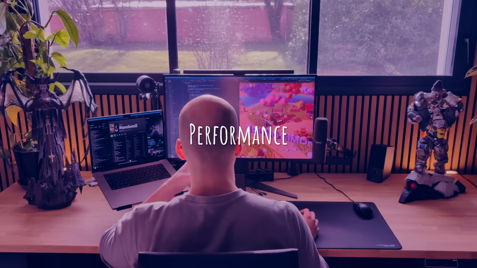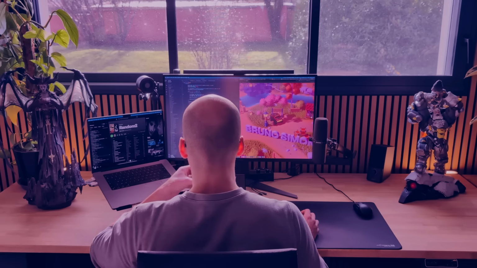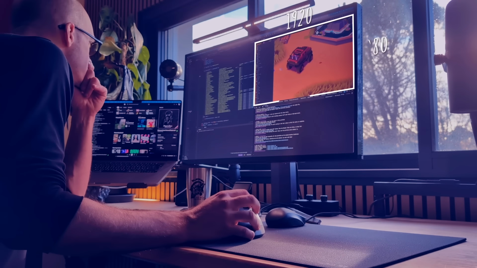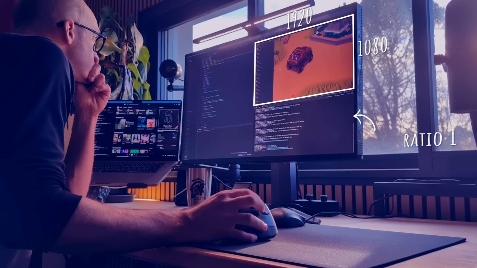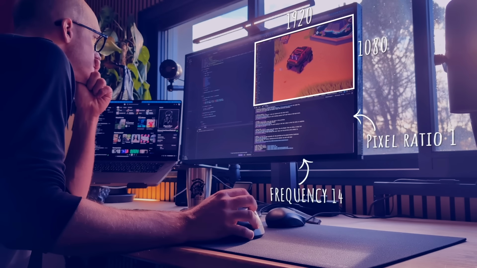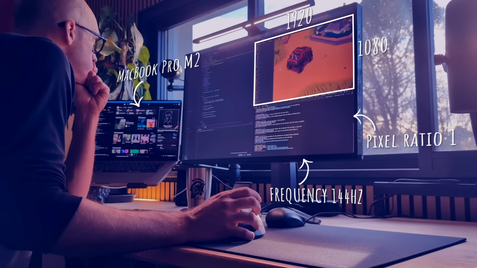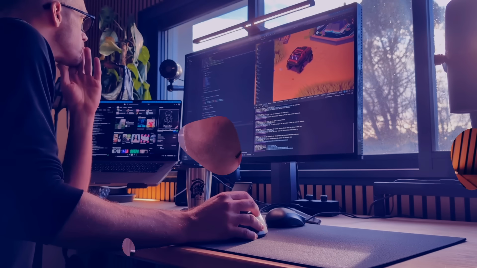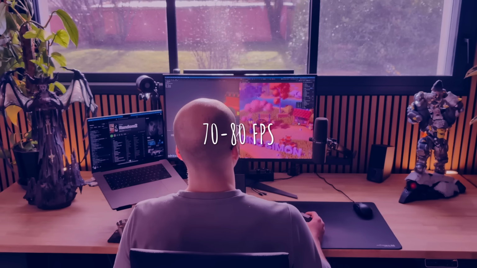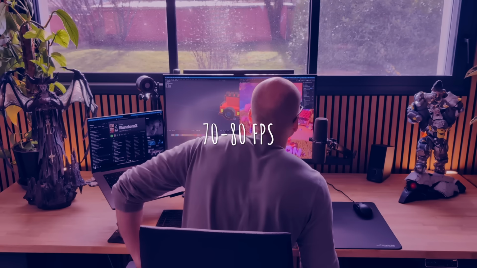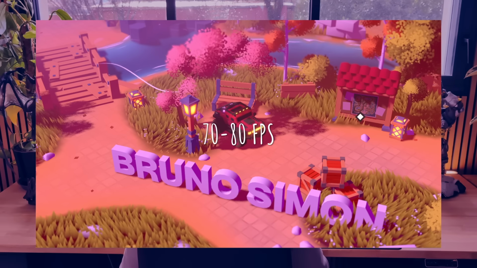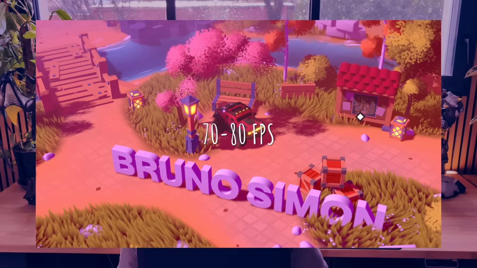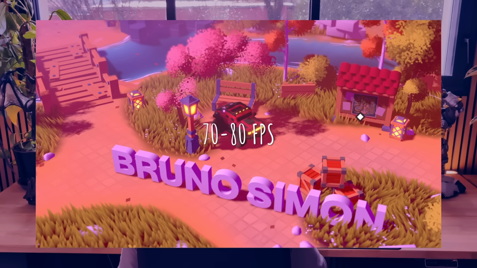The more features I was adding to the portfolio, the lower the frame rate. At this stage, I was usually working on a full HD resolution, pixel ratio of 1, high frequency screen on my MacBook Pro M2. And the frame rate wasn't looking good, running between 70 and 80 frames per second on the landing. You might think that 70 FPS isn't that bad, but it's quite a small resolution with a decent